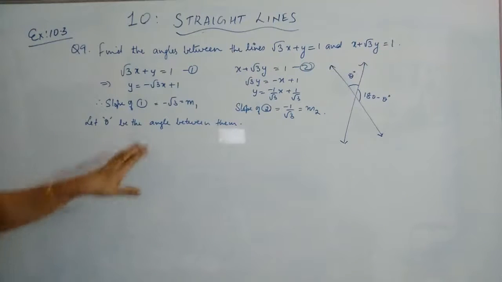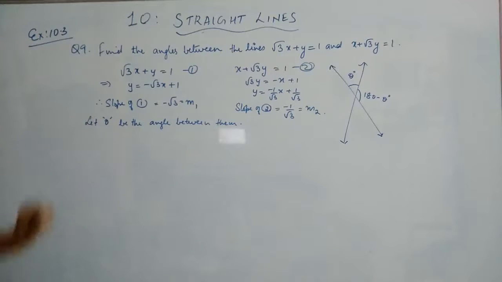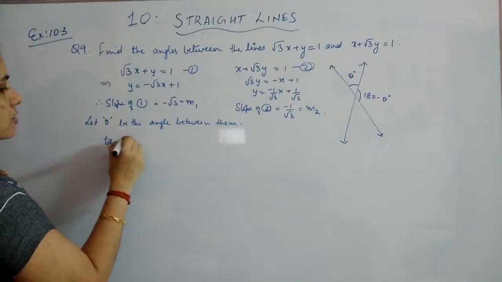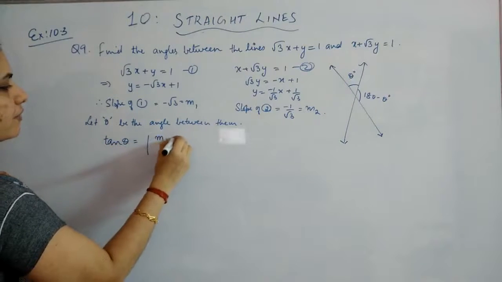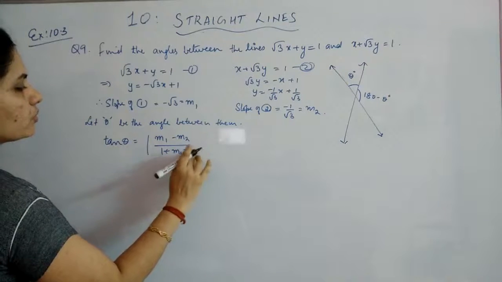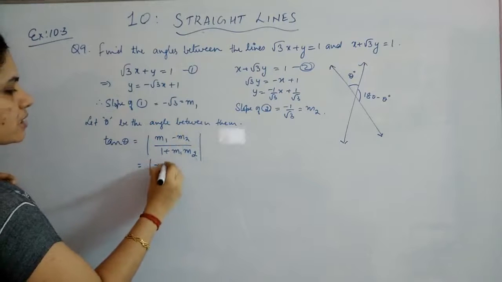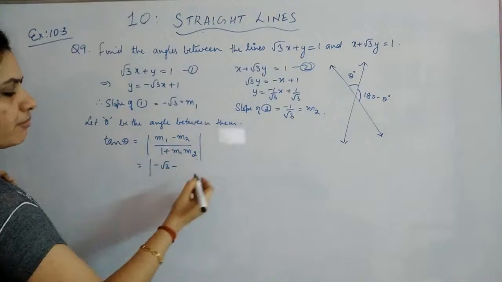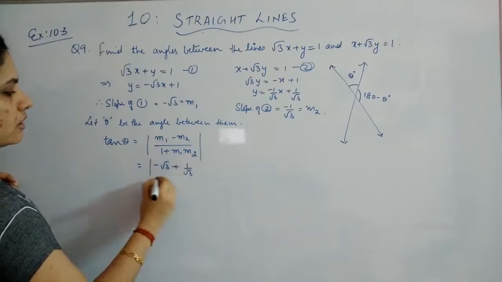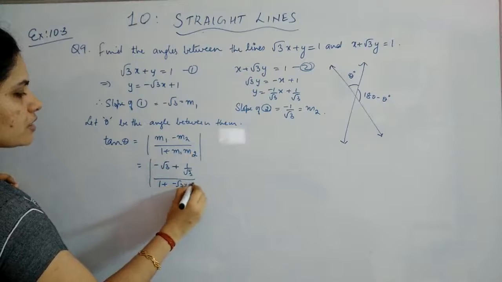Now when we say the angle between them is theta, one angle is theta, the other one will be 180 minus theta. Now what is tan theta equal to? tan theta is equal to mod of (m1 minus m2) by (1 plus m1 m2). Replacing the values, you will get mod of m1 is minus root 3, minus of minus 1 by root 3 will give you 1 plus 1 by root 3, divided by 1 plus minus root 3 into minus 1 by